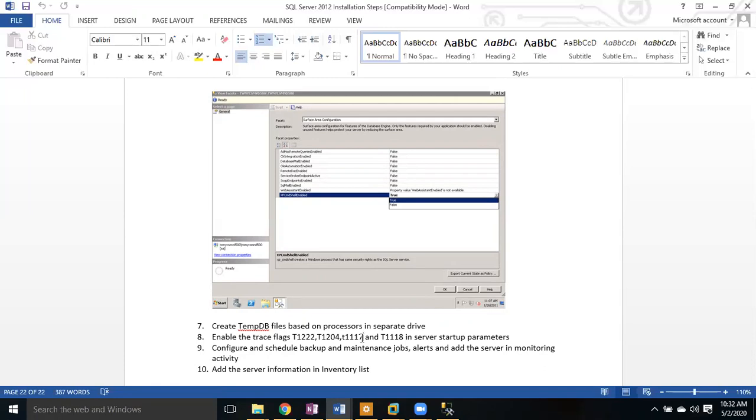Right now we'll see how to enable trace flags, but the important point here is that from 2016 onwards we don't need to enable 1117 and 1118. These are the inbuilt trace flags. If you want to enable trace flags,